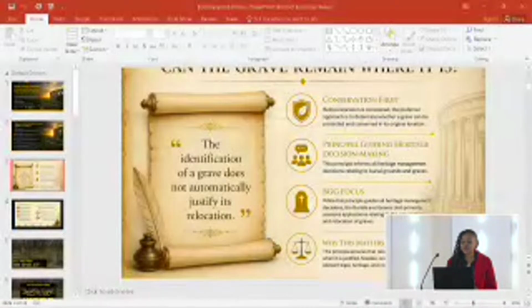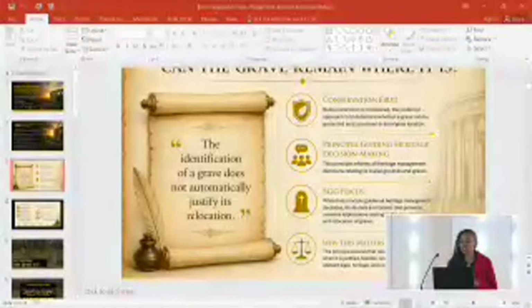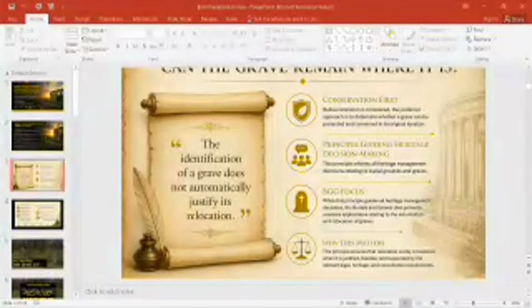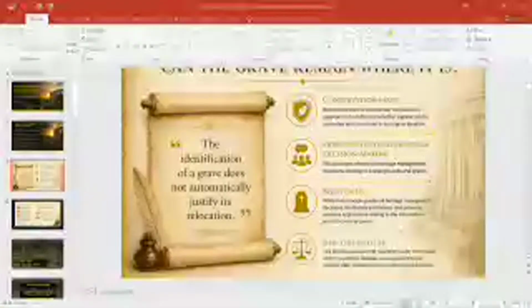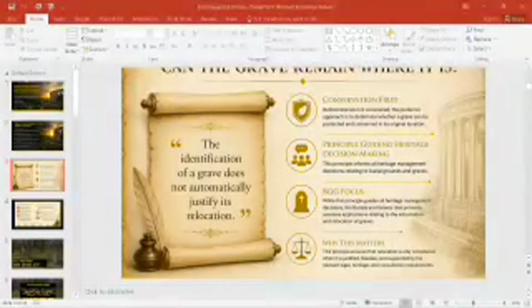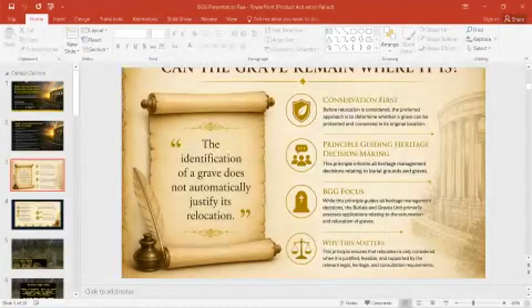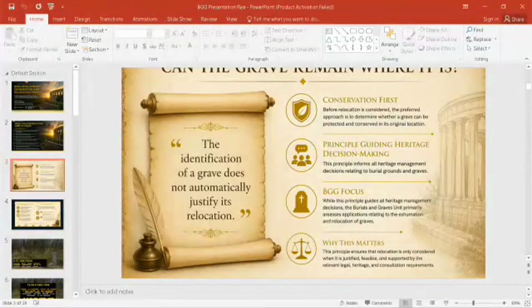Before discussing the various categories of exhumation and relocation applications assessed by our unit, it is important to understand the legislative framework that guides decision making. A fundamental principle of heritage management is that the identification of a grave does not automatically justify its relocation. The preferred approach is always to consider whether a grave can be protected and conserved in situ before relocation is contemplated. While this principle informs all heritage management decisions relating to burial grounds and graves,